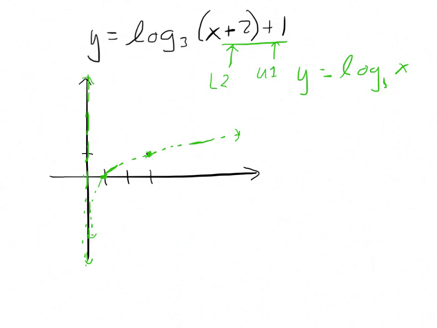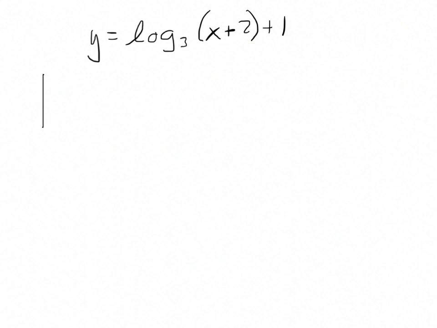This point here will move 2 to the left and 1 upward. This point here will move 2 to the left and 1 upward. And even the vertical asymptote will move 2 to the left, and then it'll move 1 upward, but because it's an infinitely long vertical line, that doesn't